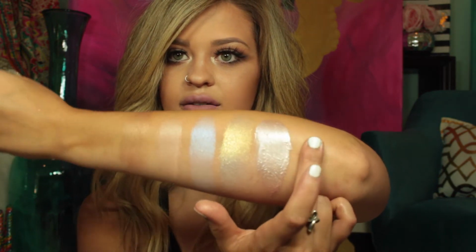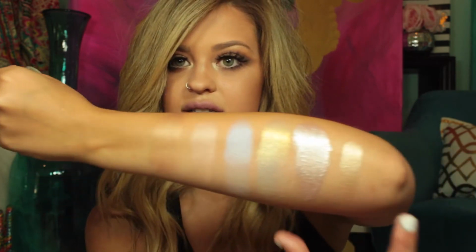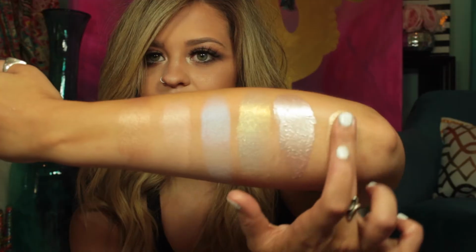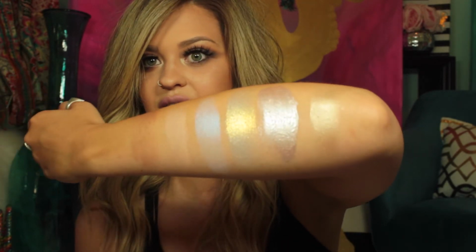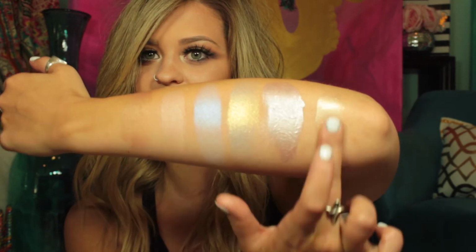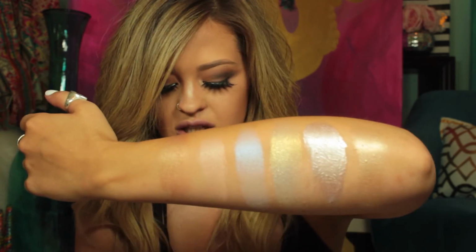So I love the consistency of this one, and you're getting a ton of product in this compact. Like, this is a pretty big pan and it's deep too, so there's a lot in it. So this is just that really perfect gold. I love it, especially for the summer. So yeah, this is gonna be really good for you olive skin toned girls like myself,